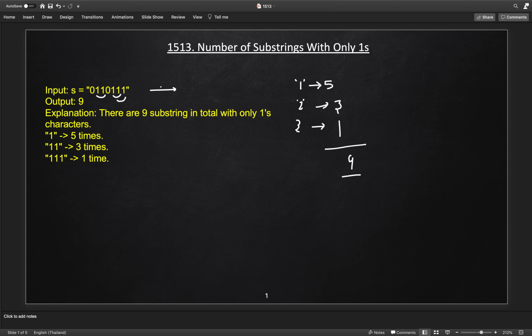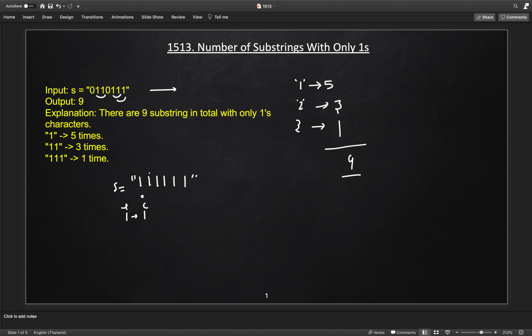So how are we forming them? Let's take another example, which is all ones, let's say all 6 ones. This is our string. Now when we encounter the first one, how many substrings are we able to form here? One substring of length 1 itself. Here the left side is the length and this side is the substring count.